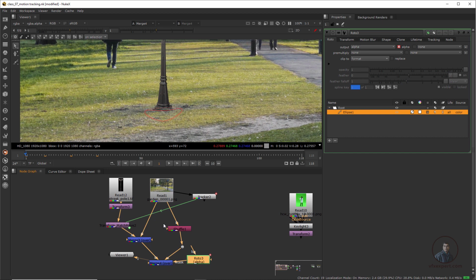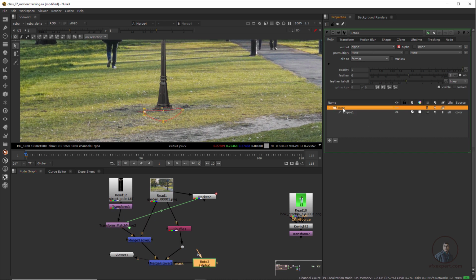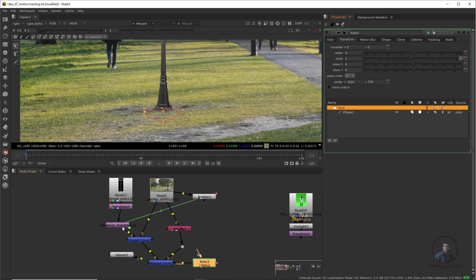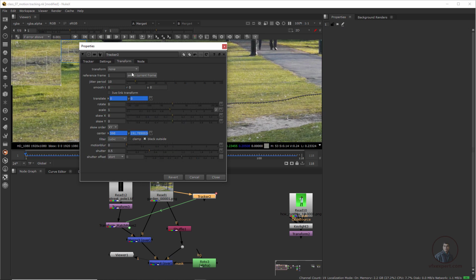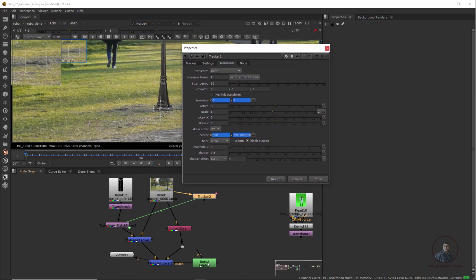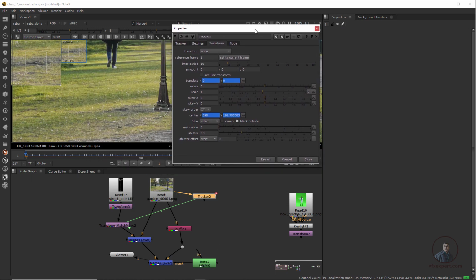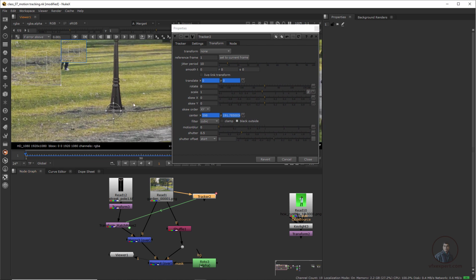Again, first double click on this roto here, then I have selected this roto and come here in the transform data. Then second, hold control and double click on our tracker node here. From here we can take this transform data and place it on top of this roto. So this roto mask will follow according to the shot motion here.